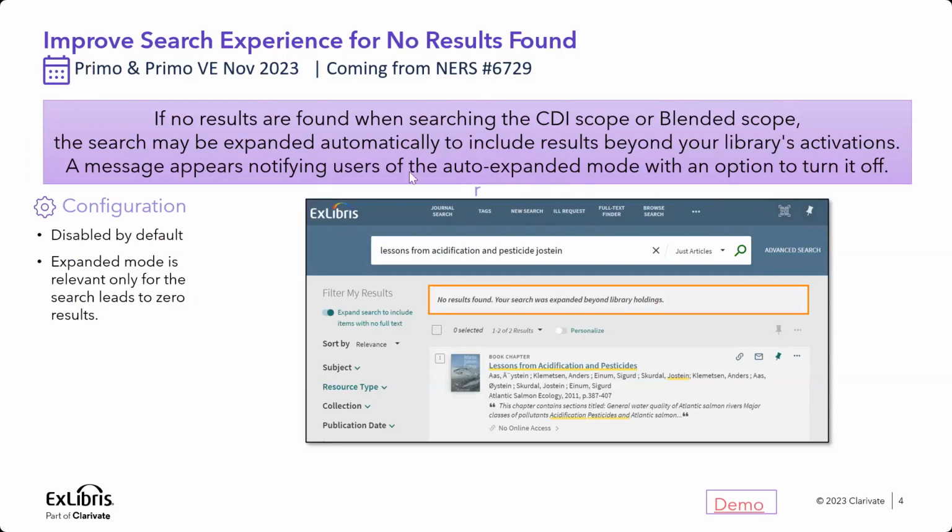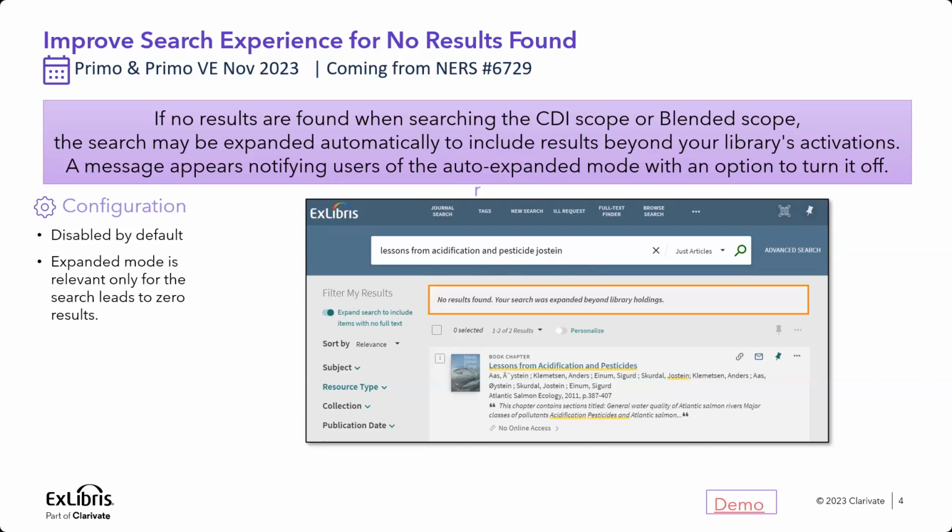Okay. So what is this? This is about enhancing and improving the search experience for users that deal with no results found. So there is a case where a user can search for an article title or book chapter title, and specifically we are scoping that for searches that are done across CDI, or with a